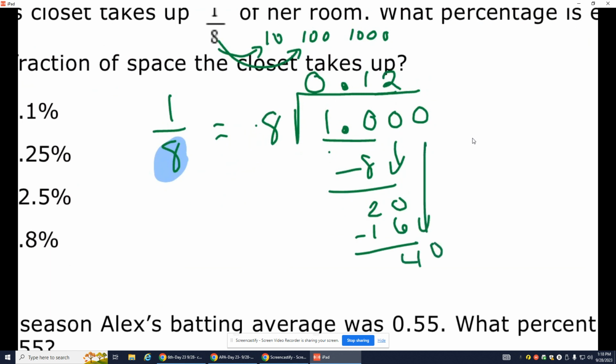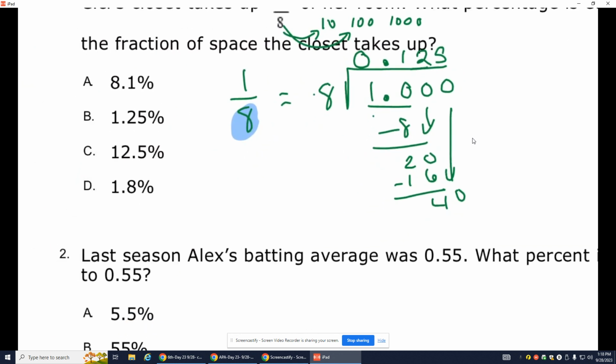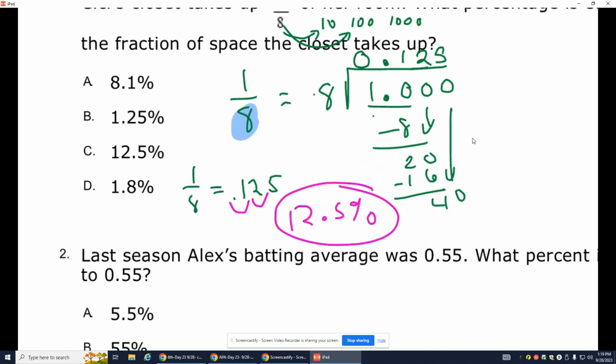Now 8 goes into 40, 5 times. So my decimal equivalent of 1/8 is equal to 125 thousandths. Now I want it out of 100, so it can be a percent. So we talked about how multiplying by 100 is the same thing as moving the decimal 2 times to the right. And so my answer would be 12.5%. So 12.5% is equal to